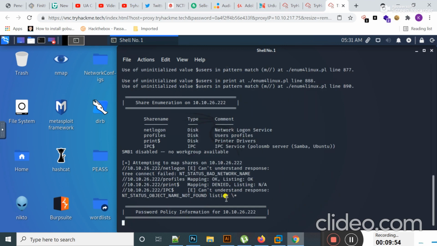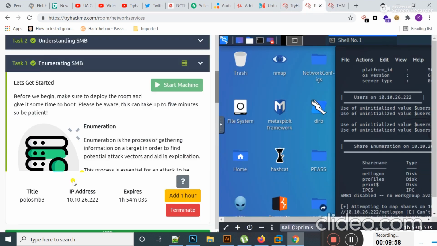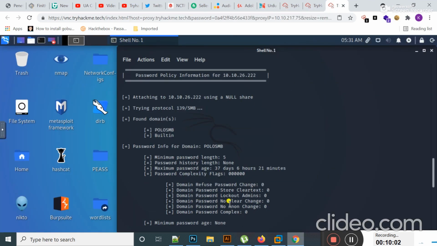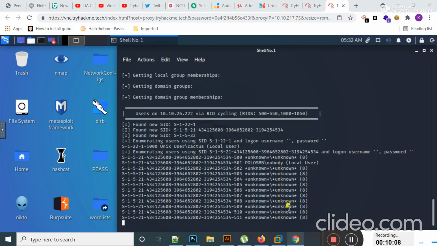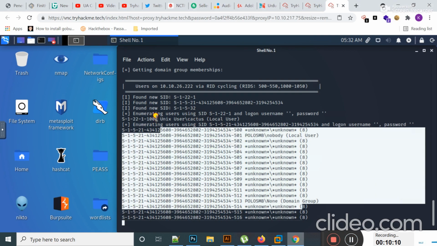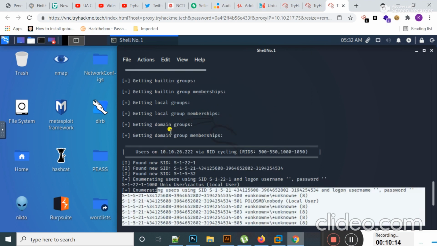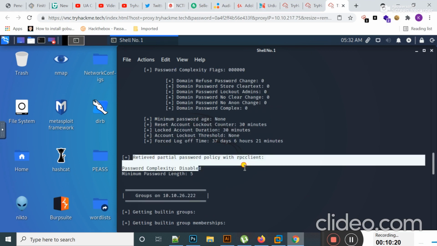Now guys, you can see that this tool starts its enumeration against the target machine, and it takes some time to complete this procedure. After performing all this enumeration, here you can see that it checks password complexity and then retrieves partial password policies.